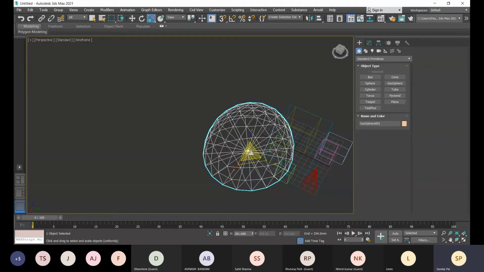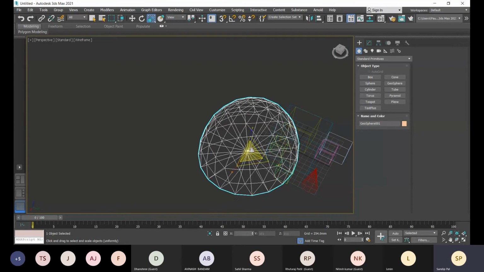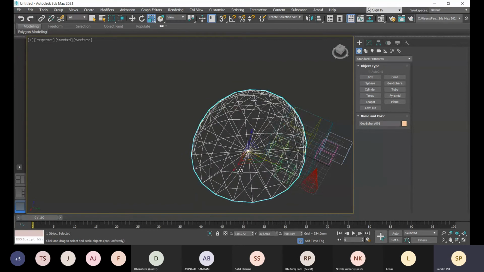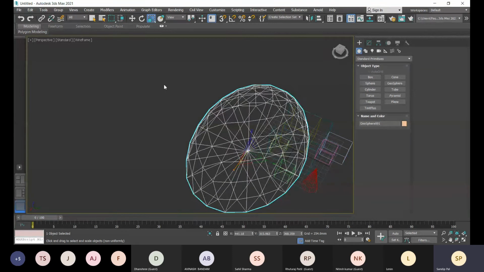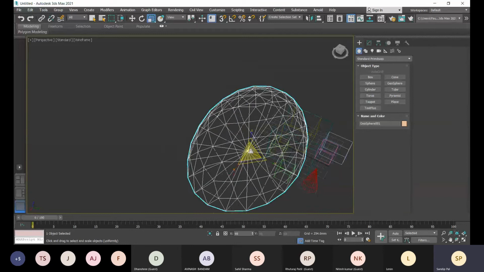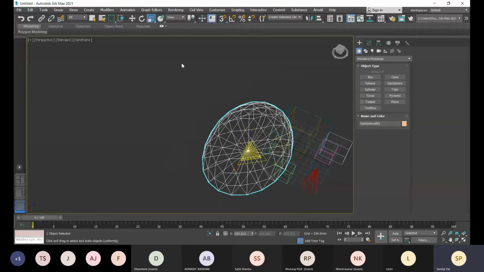If you go to the middle, you see it will be scaled uniformly. See, all these axes are highlighted. By default you generally scale it uniformly. And what does squash mean?